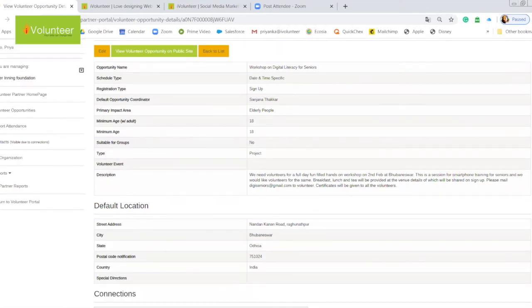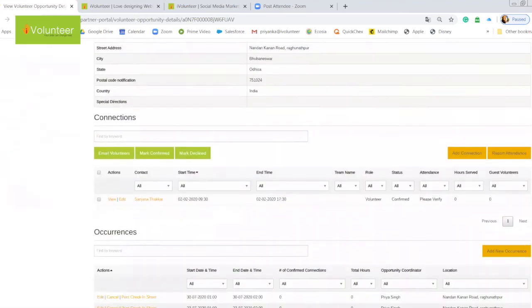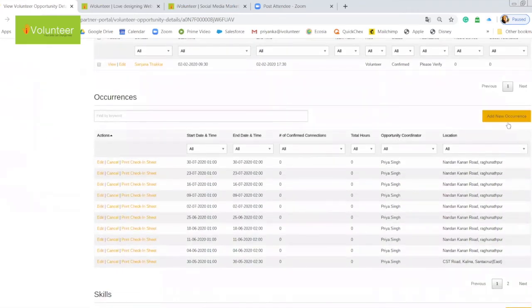Or if it's happening at the same location but on 3 different dates, then also you can do the same thing. You select one date, maybe this Saturday, same location, then you select next Saturday date, same location, and all that. So you will have to keep adding occurrences. And of course, if it's one activity happening at the same place, same timing, but on multiple days, on every Saturday or every other Saturday, then you can do it like this.